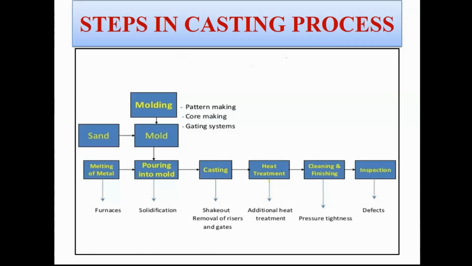So after shot peening is performed, sometimes your casting has a very dull appearance due to the formation of oxide scales. In most cases, grit blasting and shot peening can also remove the oxide scales formed on the cast product surface. Then the leftover material is removed in the cleaning and finishing stage, which involves cleaning the cast product with the help of detergents or some chemicals,